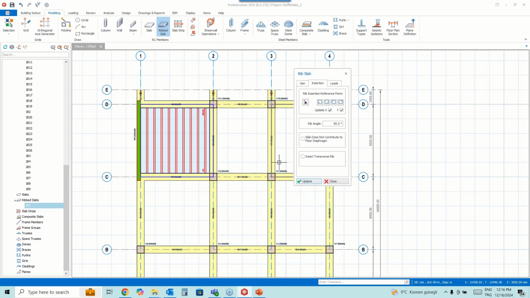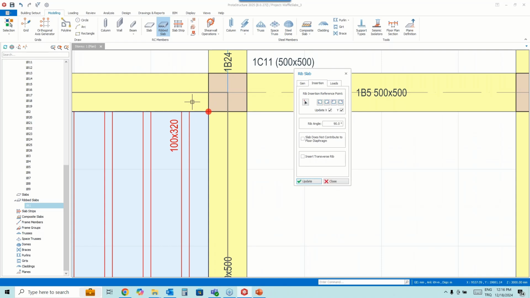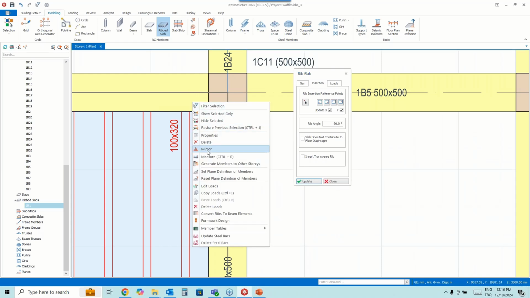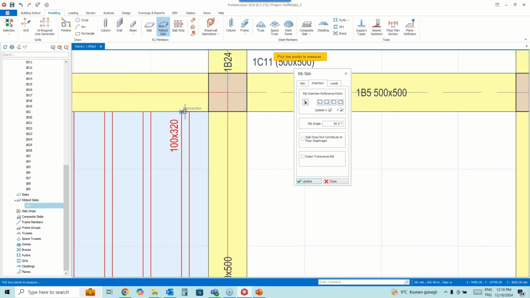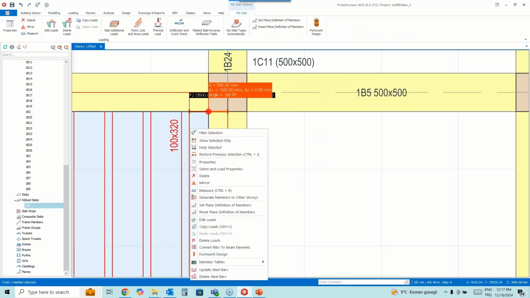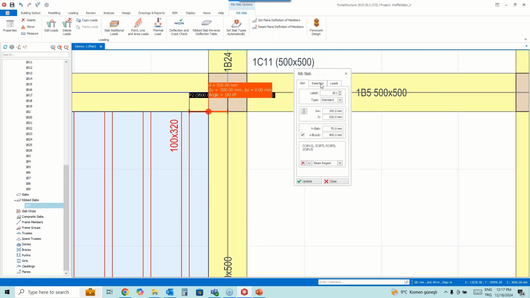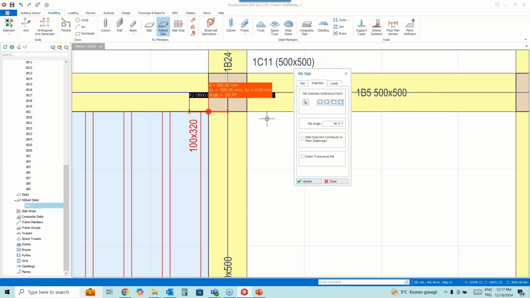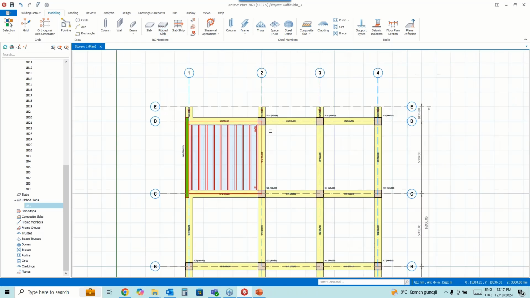Let's check, for example. Let me place again. Yeah, here, as you see, the first rib will start from the surface of the beam like this.